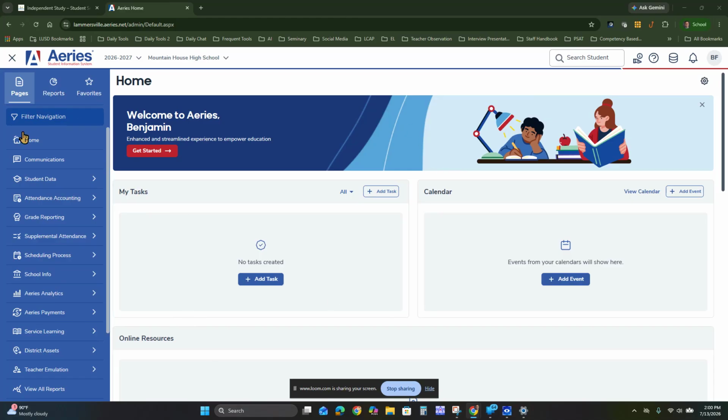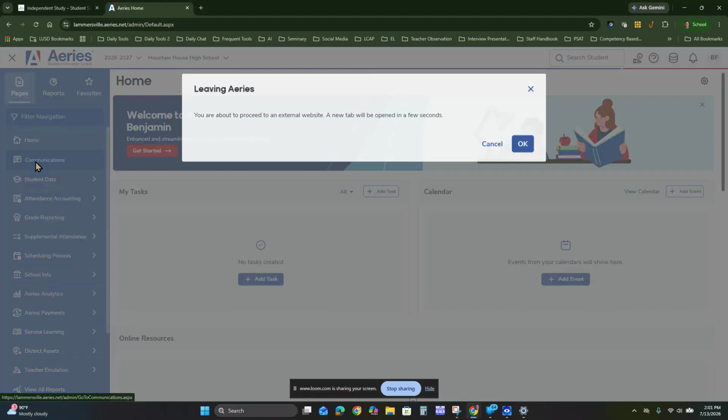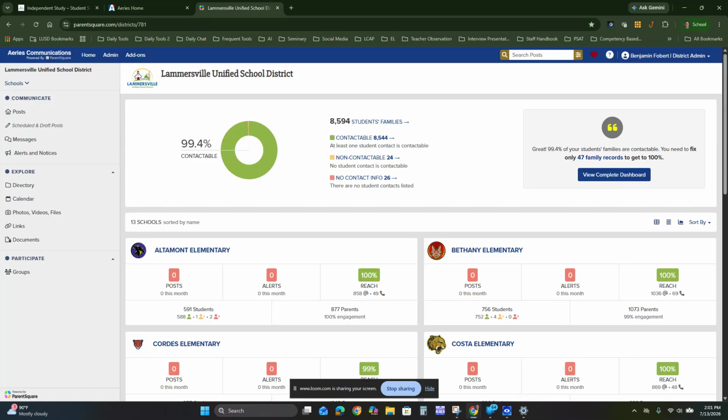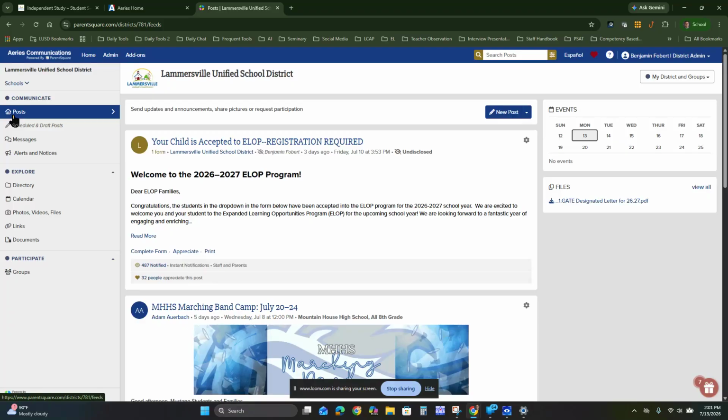So the first thing we're going to do is, as you normally do, log into ParentSquare either through Aries by clicking Communications or just directly logging into ParentSquare. Once you get in, I'm just going to go to my profile here. What you're going to do first is actually pretty easy. If you go to Posts, like you're going to do a regular post on ParentSquare, and you click New Post,